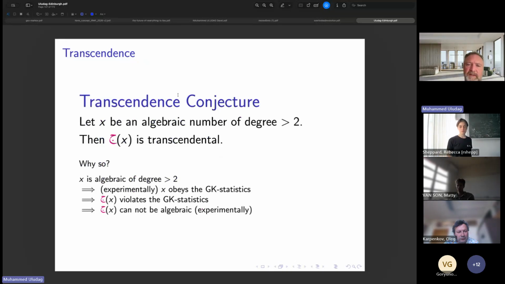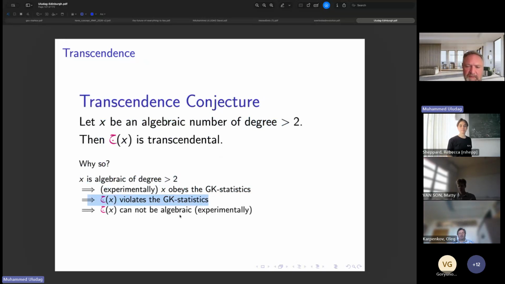So this leads us to the transcendence conjecture, which says that if x is an algebraic number of degree higher than 2, then Jimm of x must be transcendental. Because if x is algebraic of degree higher than 2, then experimentally, as we have just seen, x obeys the Gauss-Kuzmin statistics. But this means that Jimm of x violates the Gauss-Kuzmin statistics in a very bad way, as we